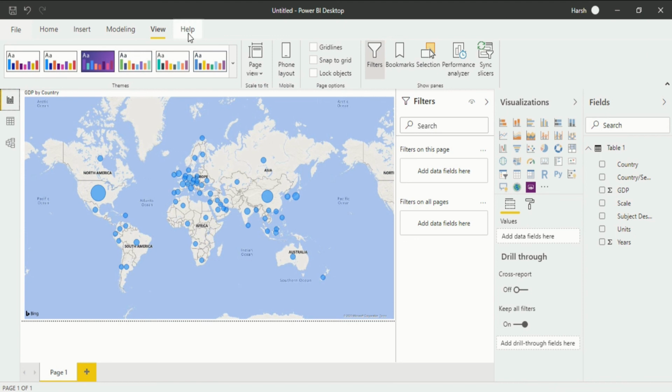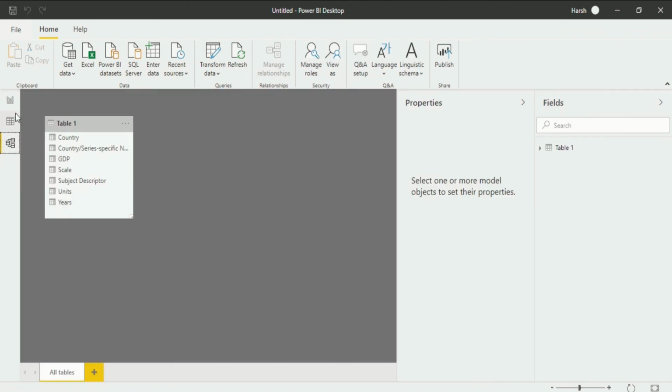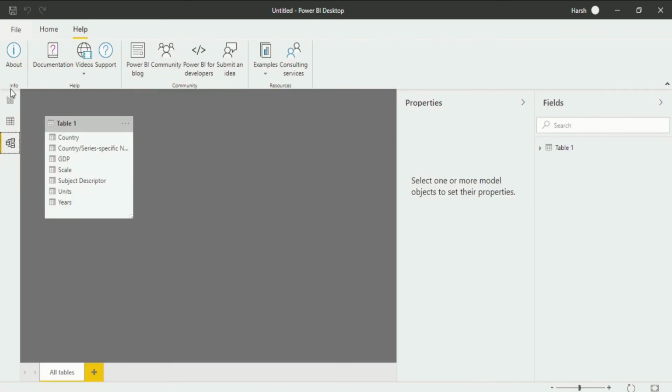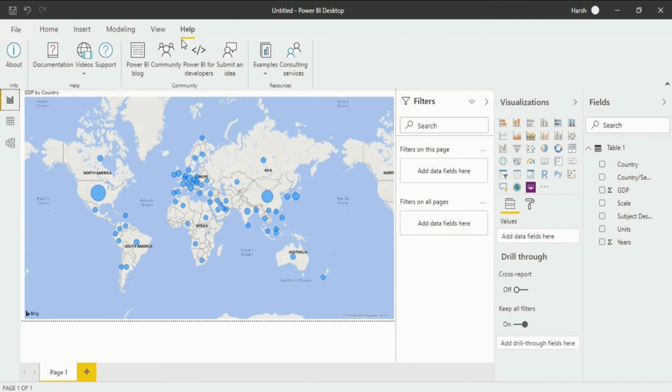When you go to the help ribbon, you will see the help that is available to you through Power BI desktop, in which information, help, community or resources you can easily get to. The data view and model view also have a help ribbon which shows the same thing, because the help that you need is certainly the same in all 3 of them.